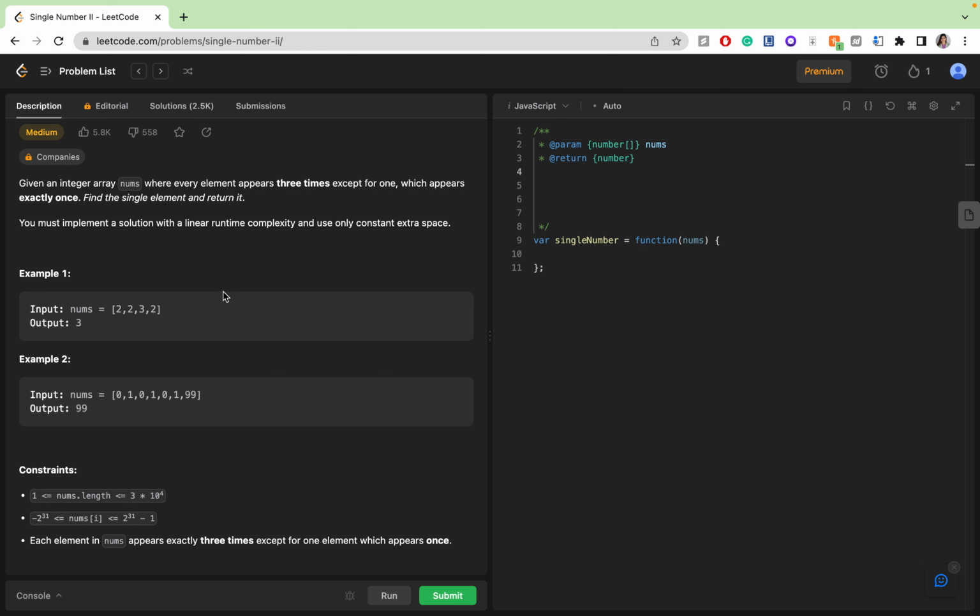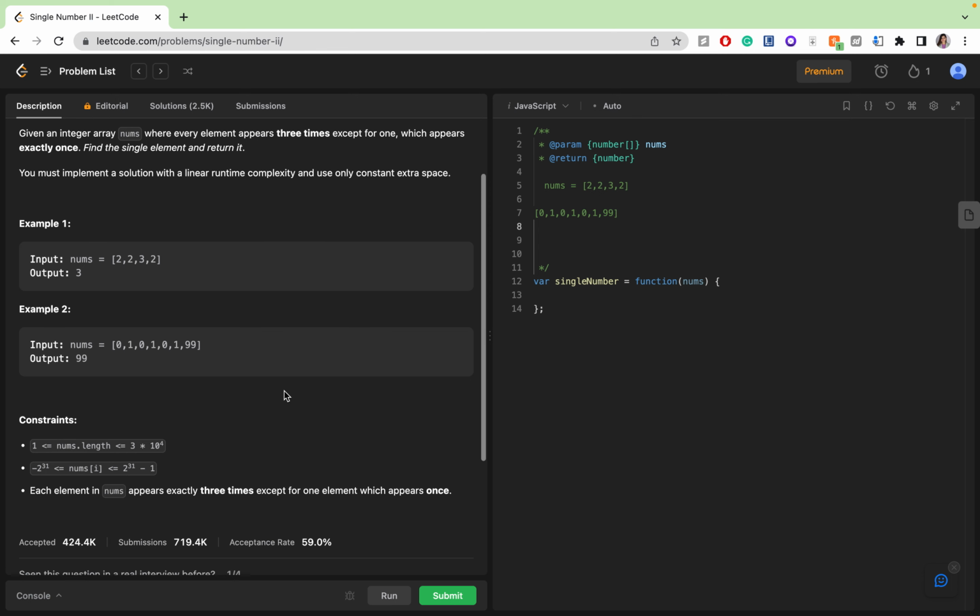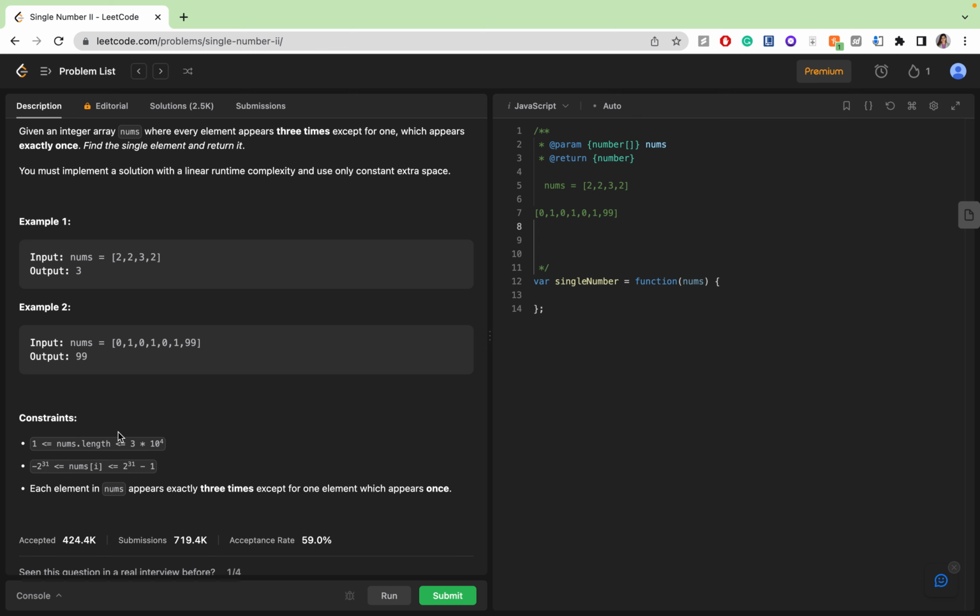Okay, fine. So it is pretty straightforward, right? It is said that in this array, all the numbers will repeat 3 times except one, and I need to find that element. So here that element is 3, and for this one, as we can see, 0 0 0 is repeating 3 times, 1 1 1 is repeating 3 times, but 99 appears a single time, so 99 is the answer. The constraints are nums.length